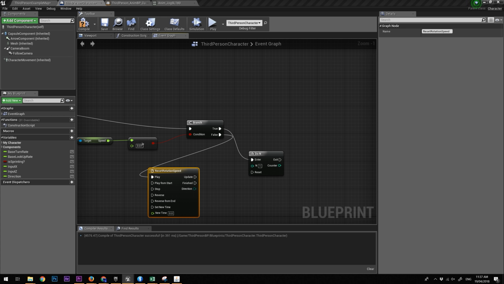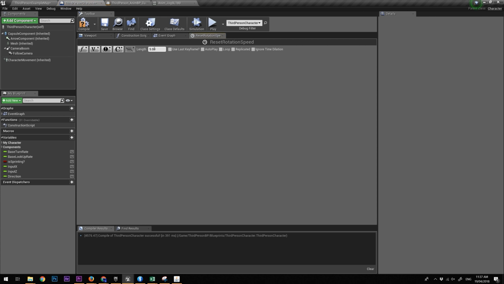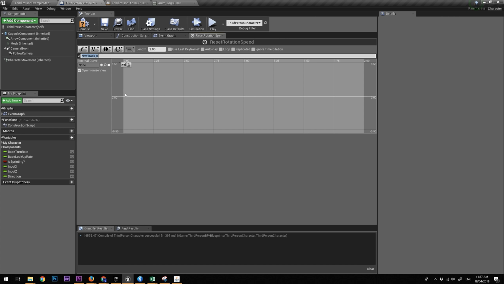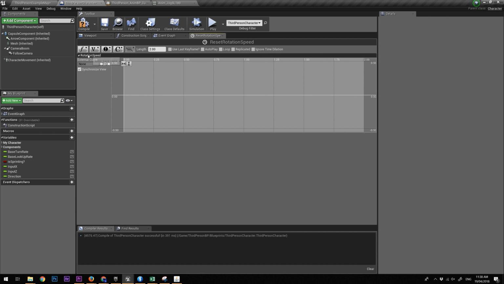And here we go. So let's bring this one up, and let's make the length 2. Let's make it a float, and we can right mouse click. So we can call this the rotation speed. If you need to edit it, you can come up here and rename. Right mouse click. Let's add a key, and we're going to make the time exactly 0, and we're going to